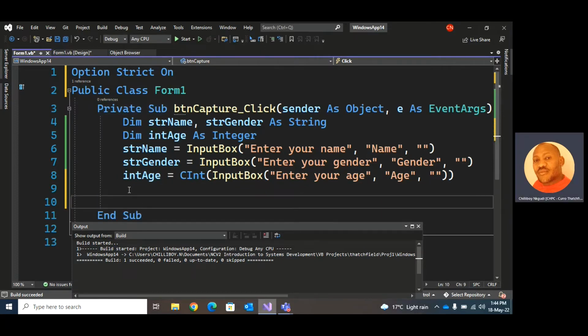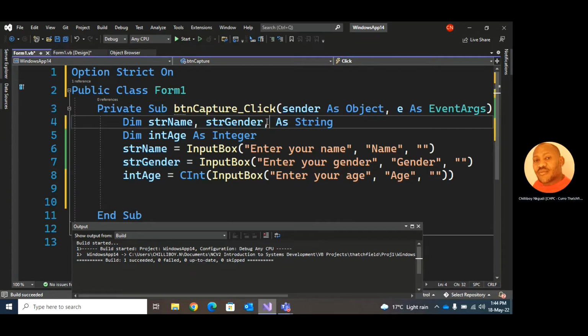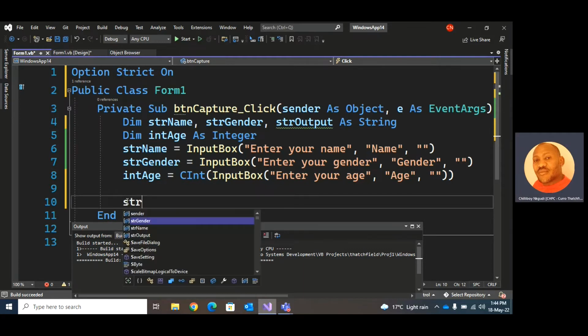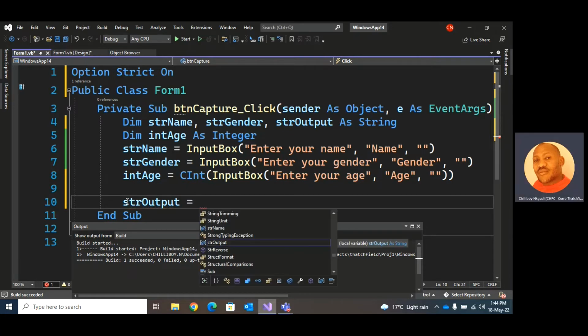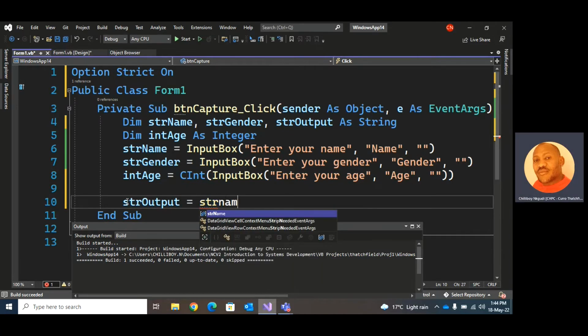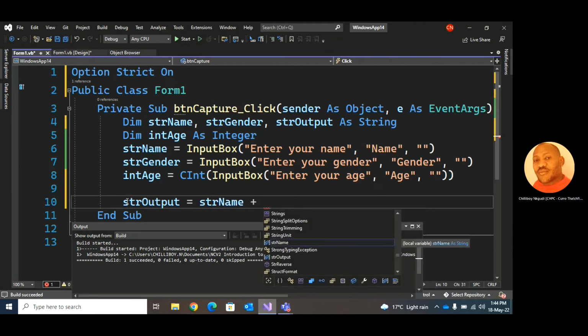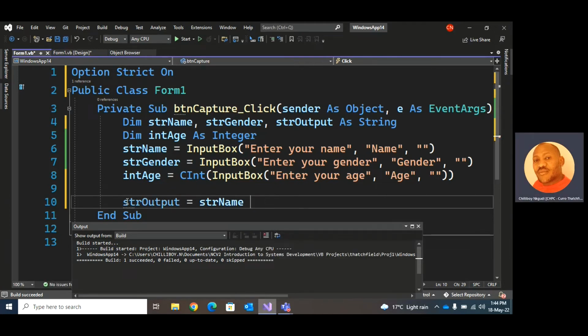So now we're going to declare another variable called str output. It's an output variable. So I'm going to say str output will be equal to str name plus, we can use plus or ampersand, it is up to you. They both concatenate the string or join the string. So I'll just use the plus sign